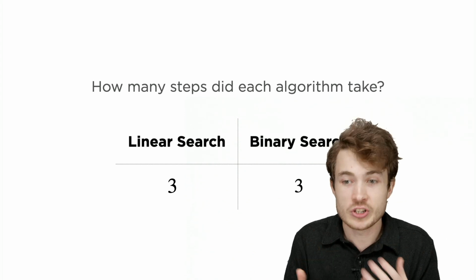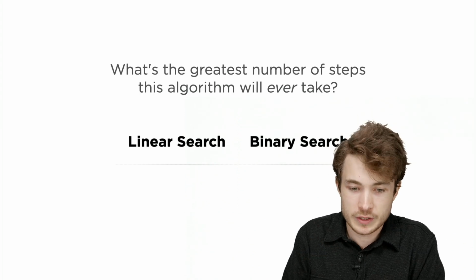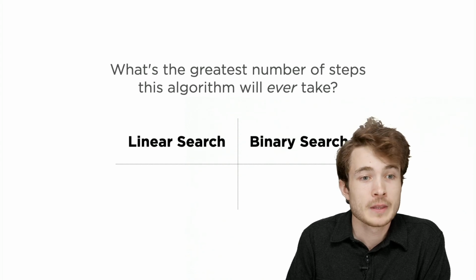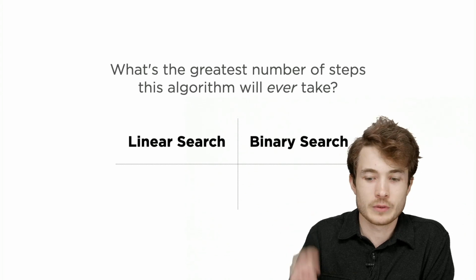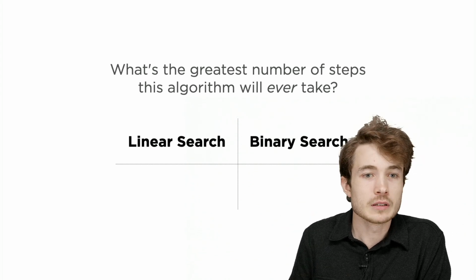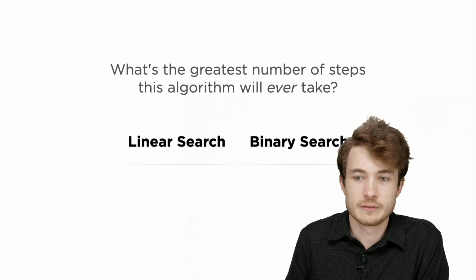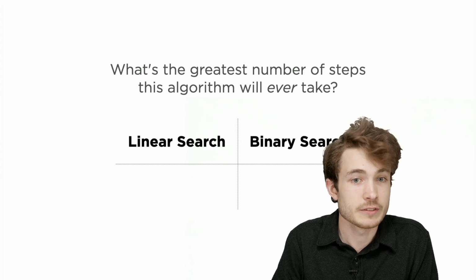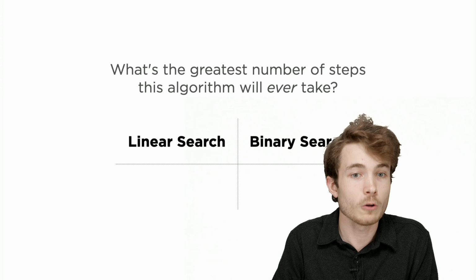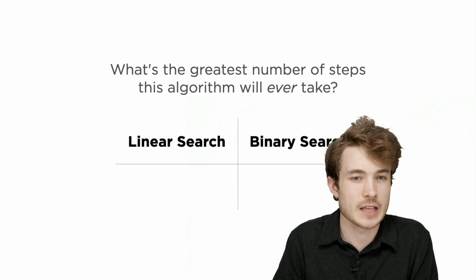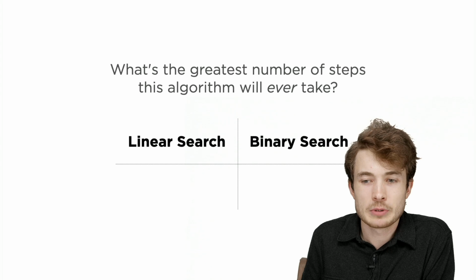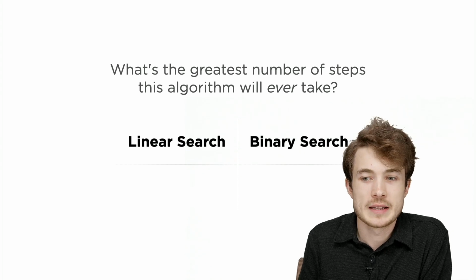So a better question to ask here is, what's the greatest number of steps these algorithms will ever take? And let's focus actually just here on our 7 people, right? Let's say, how long would linear search take if we took the greatest number of steps here? Seems like 7, right? So 7 steps. We have to go through all of the different people to find out, have we found the person we're looking for or not? So it seems like 7. What about binary search, though? What's the greatest number of steps it would ever take if we had 7 people?